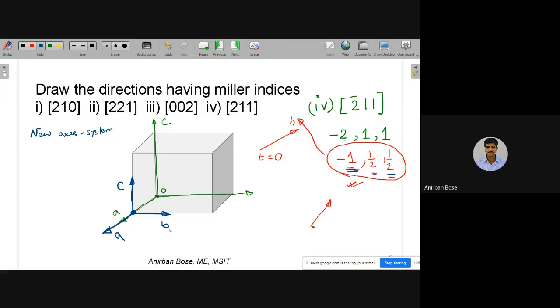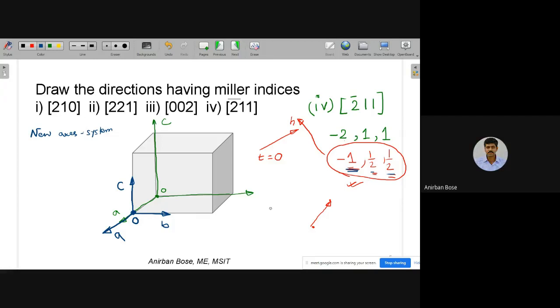Okay, so our new axis system I have shown by blue, and what we have done actually is shifted our origin from that point in the a direction. Why in the a direction? Because the negative coordinate is there only in the a coordinate. If there are two negative coordinates, then we have to shift both in a and b. Maybe if the first two were negative, we would shift by this one and again by this one, and probably our origin would be shifted to this position. It depends on the coordinate that we have to represent. I think up to this much is clear, why we have shifted our origin.